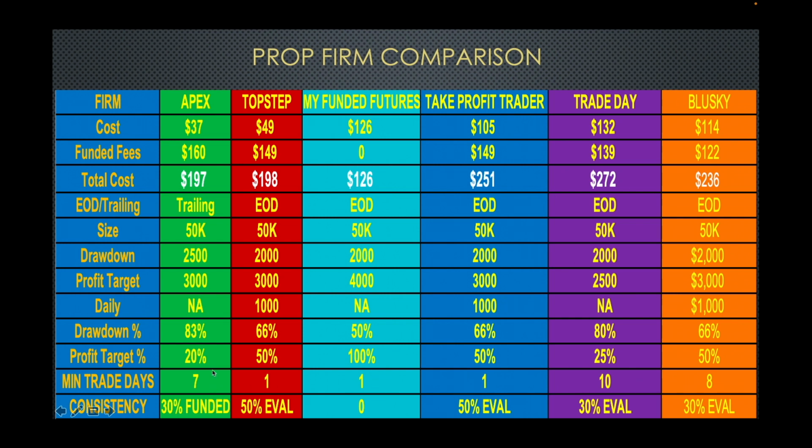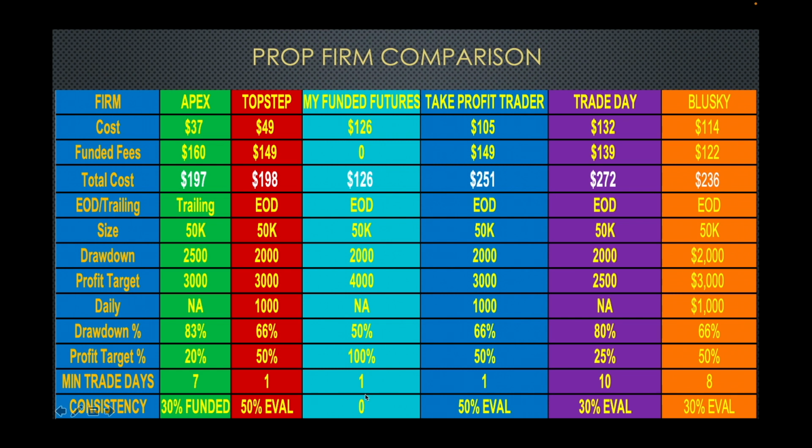Apex only has it in their funded stage. They don't have it in their eval stage, and all the other ones have it in their eval stage. So by having it in the funded stage, this means that you can't have a winning runner, so to speak. You get in a trade and it just so happens to take off in your funded account. You may want to say, you know what, that's going to be 30%, I better get out of this one. Whereas in all the other ones, you can just let that run and try to maximize your profits. It's just going to benefit you in the long run.